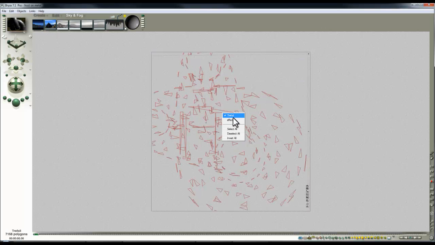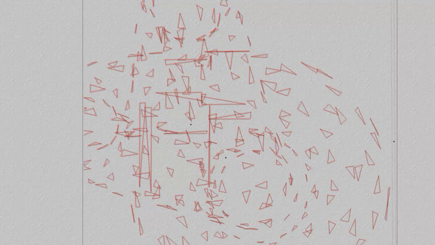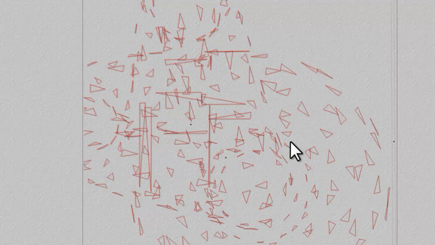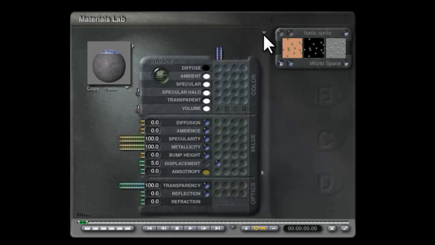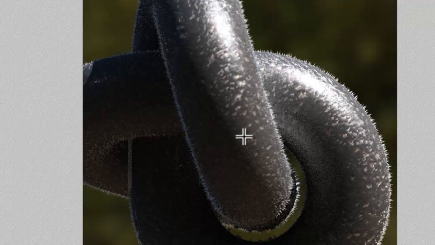So the metal material on the trefoil, I've set the specular response down to 10, and the sun's response I've turned up to 1000, well 999. So that's 10 times what it was, hence turning the specular response of the material down to a tenth of what it was. And the effect itself is as before with all the settings, but this time by using just the sun as a light source, where it's striking the surface it's stimulating the effect in the effect material, and here this side is in